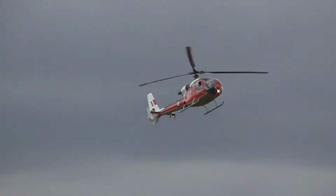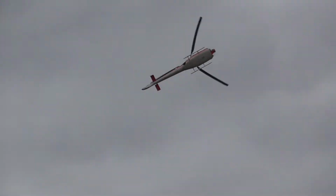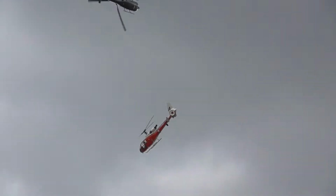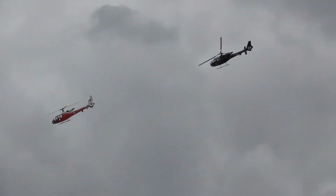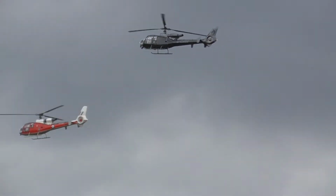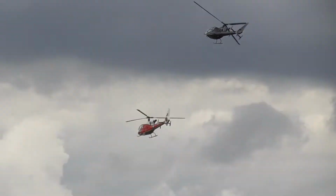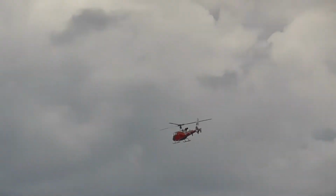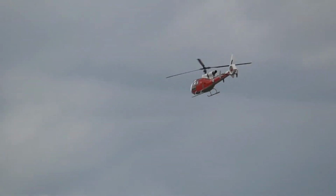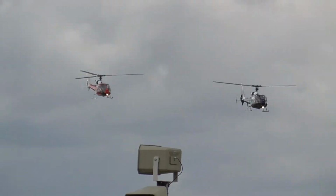now, as I was saying, this event supported in absolutely tremendous style by Navy Wings, the charity that does so much to promote and further the preservation of the memory of Royal Navy flying of the past, and indeed to inspire interest in Royal Navy flying of the present. And as the Gazelles cross over,